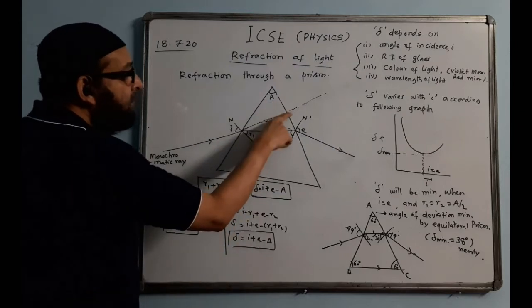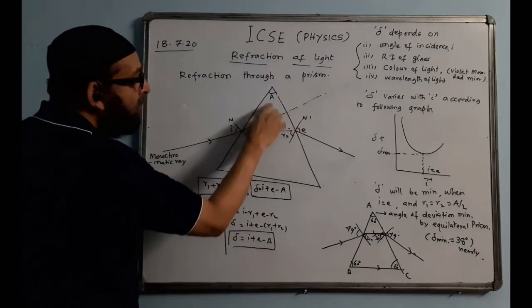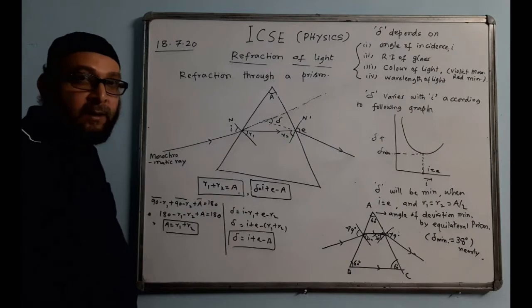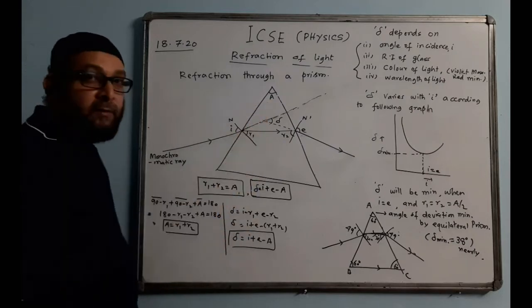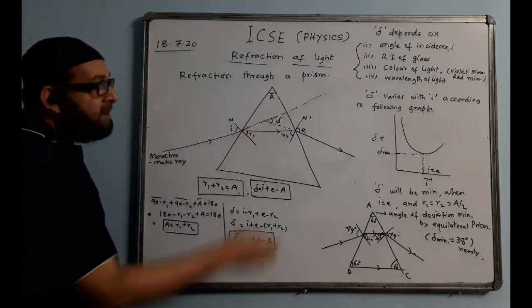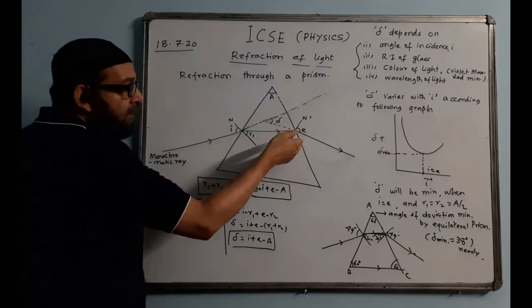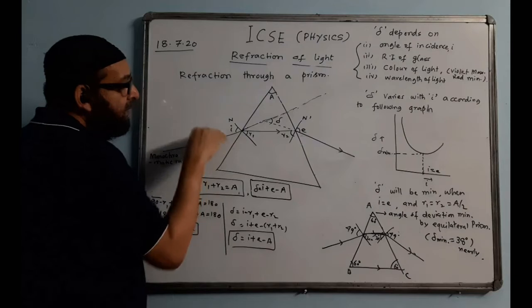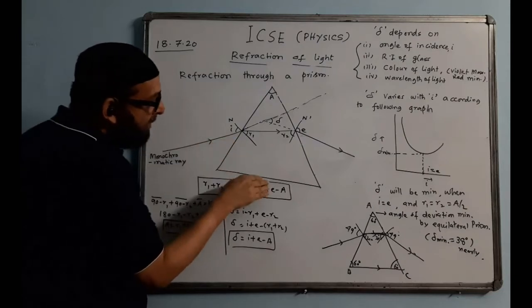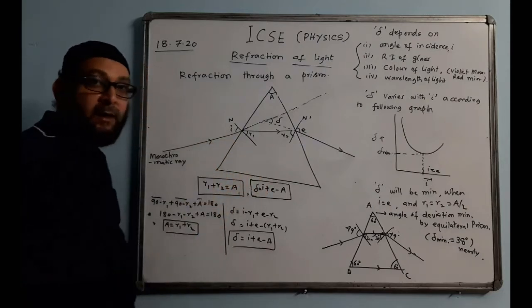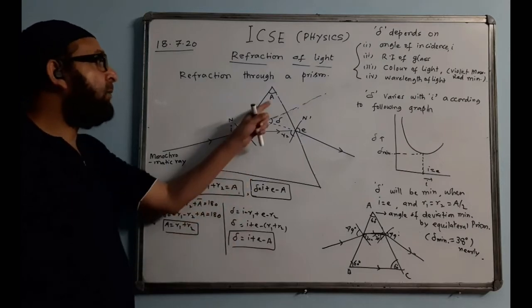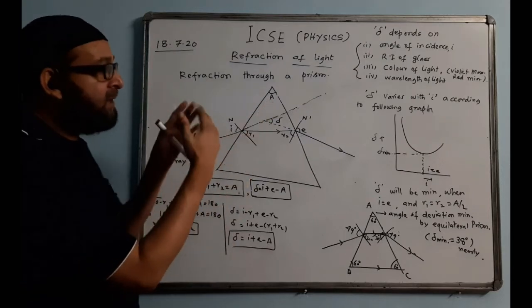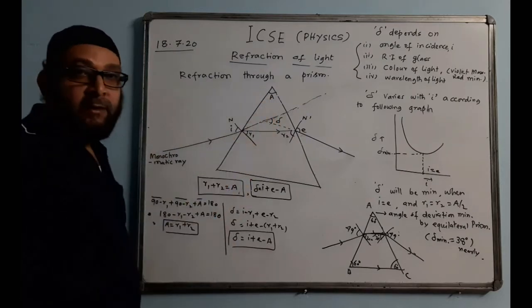The angle between these two sides which are refracting is called the angle of the prism and denoted by A. This A is called the angle of the prism. Similarly, suppose rays are coming like this, they will be refracted here and here. So here will be the angle A. If these two sides are refracting like this, then this angle will be taken as A, the angle of the prism. So the angle of the prism depends upon whichever two sides refract; the angle between them you have to take as the angle of the prism.